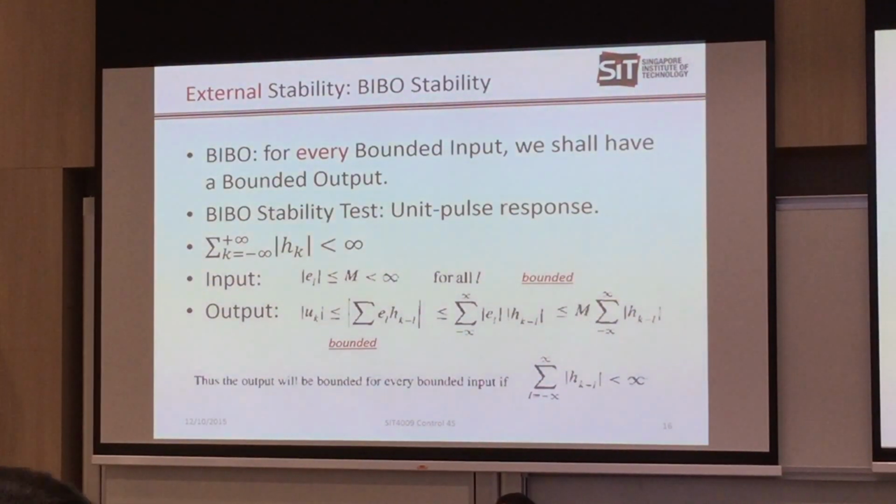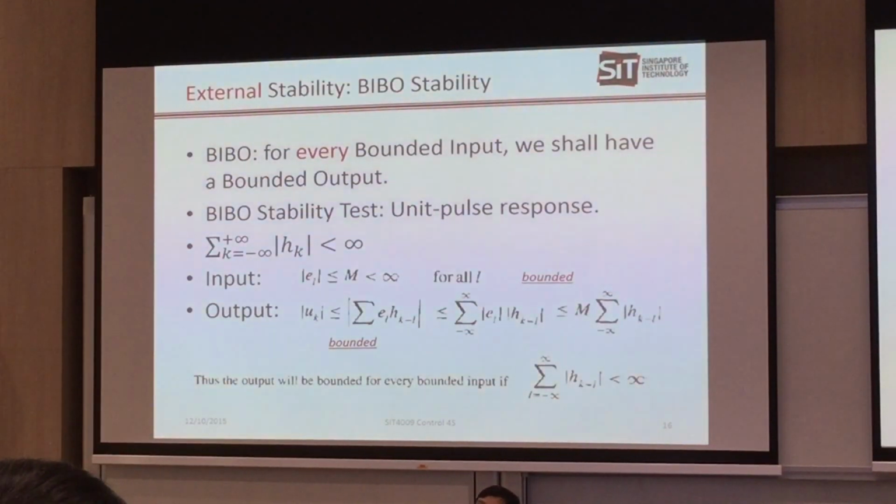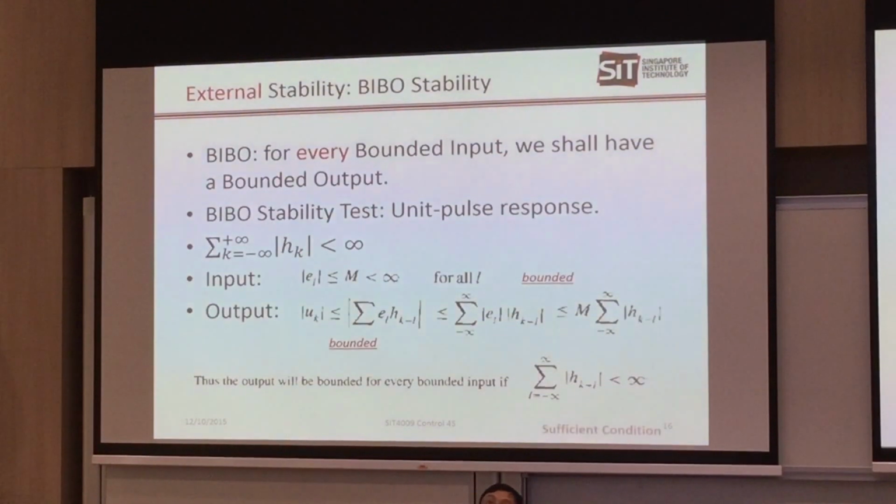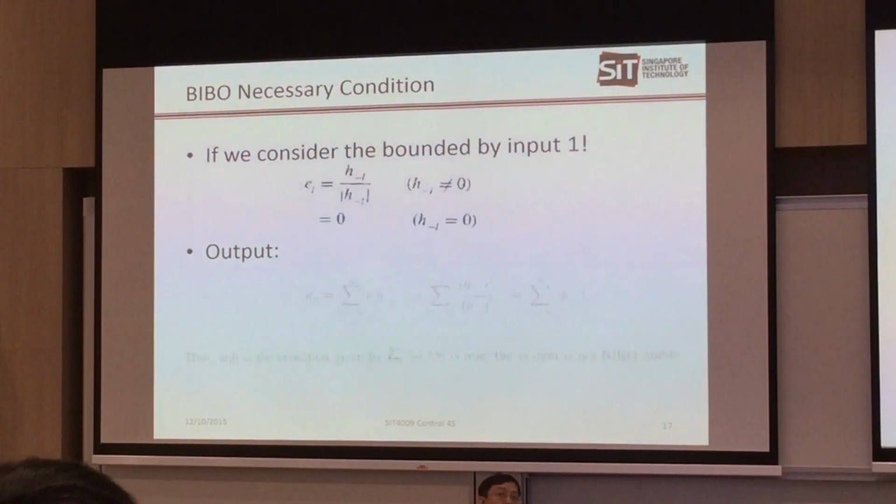So we do the testing by the impulse response. But be careful, it's not just the impulse response itself. It's not a single value, it's not the final value. It's all the values summed up. So you must pay attention to this. It's not to say this one is infinite, it's the summation of the infinite h_k to be bounded. So this is the testing. Okay? So we will go through this testing by